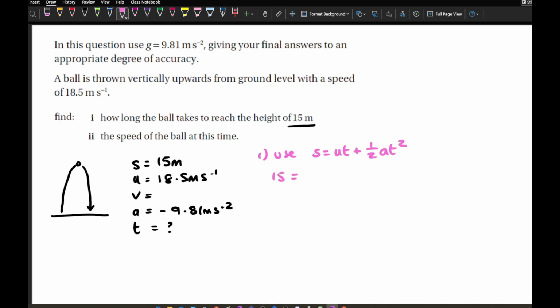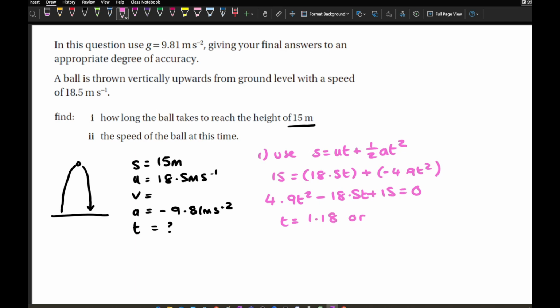So I've got 15 equals 18.5 T plus, and then it's going to be minus 4.9 T squared. Doing a bit of simplifying, that gives me a quadratic equation of 4.9 T squared minus 18.5 T plus 15 equals 0. Now solving this, I get a T value of